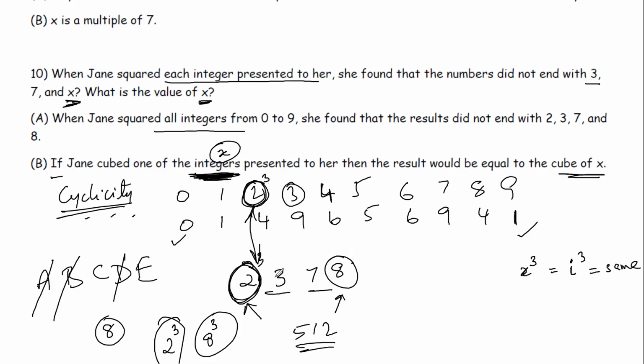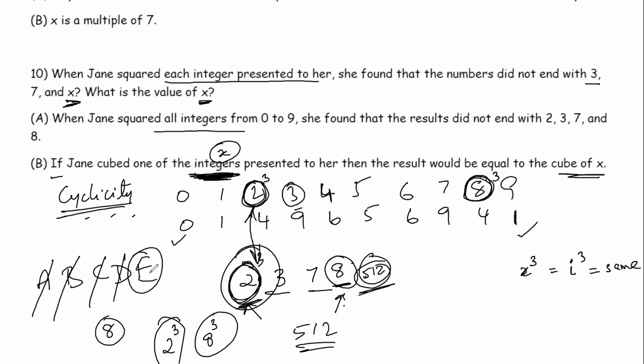Make sense? Because none of these other numbers cubed will be equal to... Hang on a minute. If Jane cubed one of the integers, so if she cubed 8, then it would be 512. The result would be equal to the cube of x. Again, we are getting two possible outcomes, 2 cubed and 8 cubed. Are you with me? So yes, the answer is E. We are getting two possibilities, right? If Jane cubed one of the integers presented to her, then the result would be equal to the cube of x. So if she cubed 8,